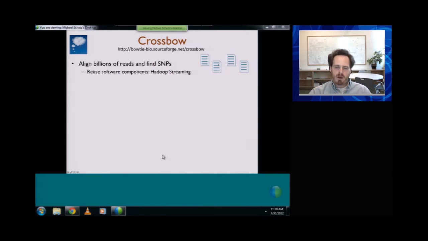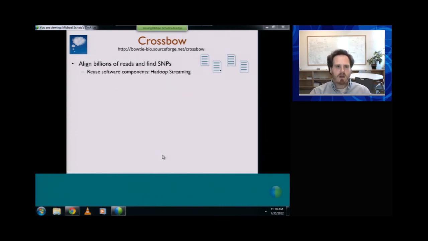So the input to this new pipeline that we call Crossbow is going to be some set of those sequence files. Each of these files is going to have millions and millions of reads in it, and here I'm showing 4 files, but it could be thousands of these files with tons and tons of biological